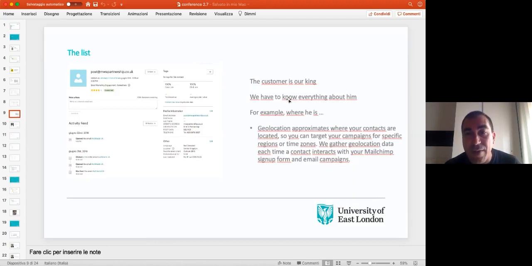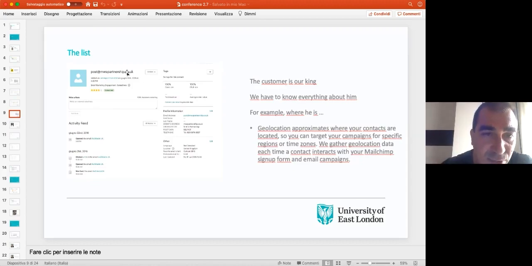So what do you really have in your list? For every email address that you have in your list, you start to know your customer. We have the information I told you. We have the information about the presence. We have the information about the profile, but we have the activity feed. You know that every time you send a newsletter to your customer, to Mr. Post at, I do not know, mwapartners.co.uk, you know what they have done with your newsletter.